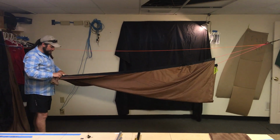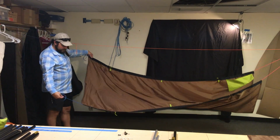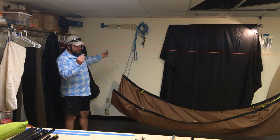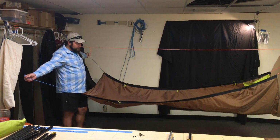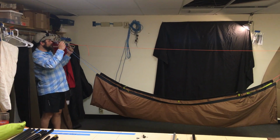And as I get to the foot end, I'm going to find my two blue ends. Red head, blue feet, okay? And see how I've got them open? I can see that there's no twisting in the bridge. So I'm going to come back this way,